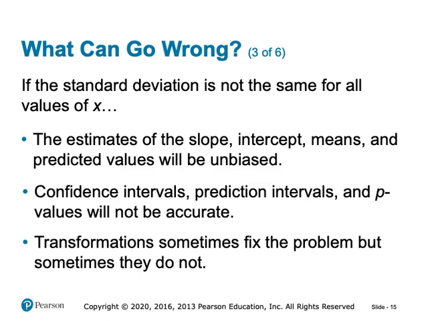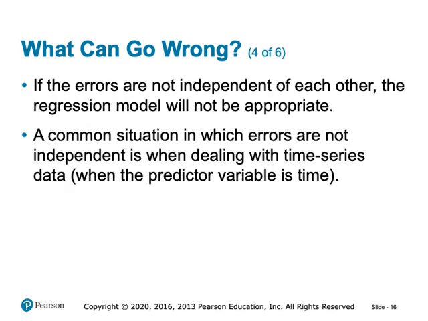In summary, while heteroscedasticity doesn't bias the point estimates of your regression model, it does impact the reliability of the intervals and hypothesis tests derived from the model. If you suspect heteroscedasticity, it's important to consider transformations or other techniques to ensure that your intervals and p-values are accurate and meaningful. Another critical assumption in regression analysis is the independence of errors.